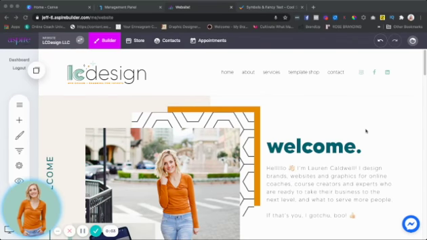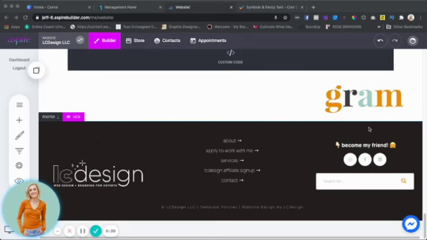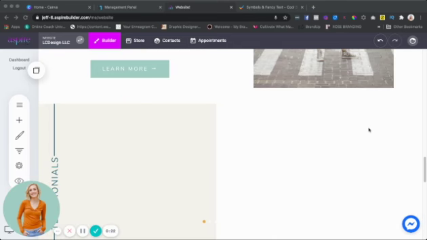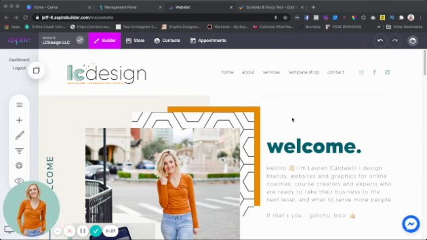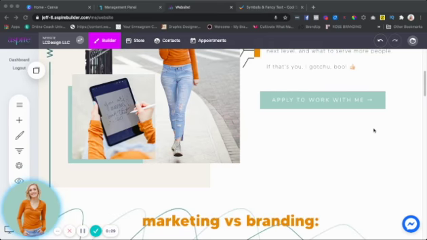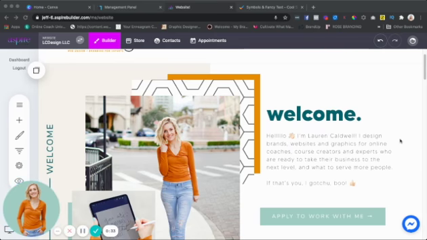Hello, so in this video I'm going to show you how to get any page on your website in Aspire Builder to scroll to a specific point on the page. So maybe you're down here and you want a button, like this button, to scroll to the top. You can make any button, or any icon or word or anything, scroll back to a certain